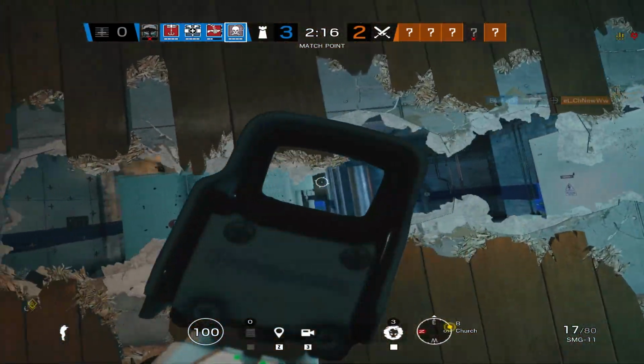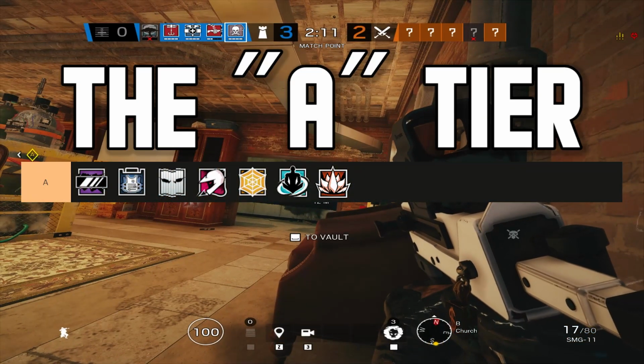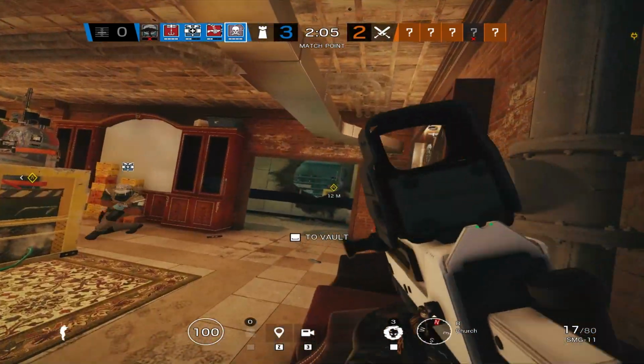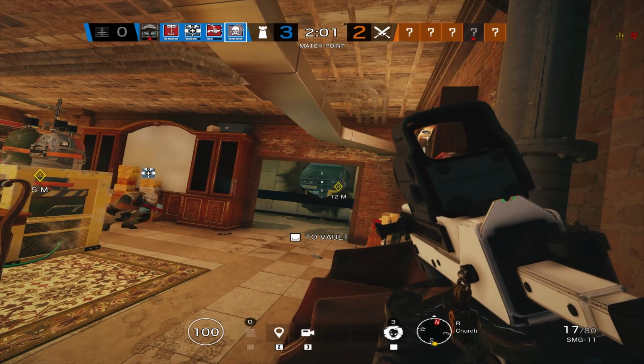If you use him and you're really bad with Blackbeard, you've still picked Blackbeard. Next up, we have the A tier, where I've gone ahead and placed Mirror, Rook, Vigil, Mozzie, Jager, Wamai, and Aruni. Aruni was definitely a difficult operator for me to place right now, as Aruni hasn't really been tested and